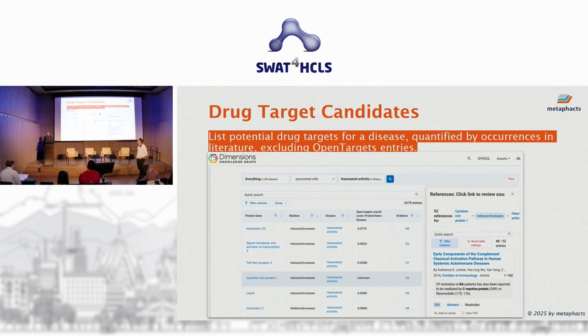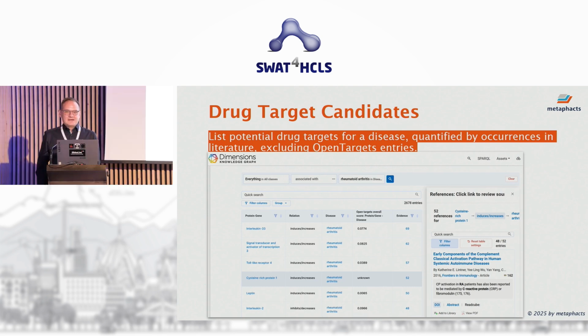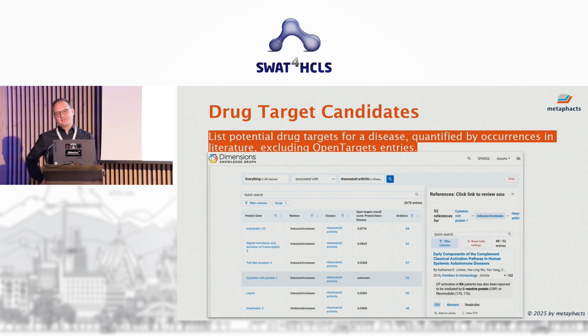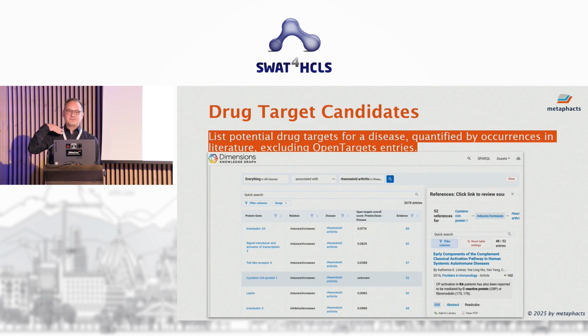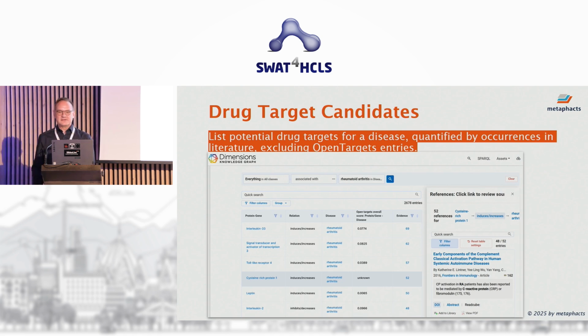Hello, thank you for the talk. Do you trust all the sources in the same way? We list the sources ranked by citations. Yeah, so we don't take, let's say, an impact factor, because I'm not sure if that's fair. So we try to come up with at least a ranking where we see the most cited publications.